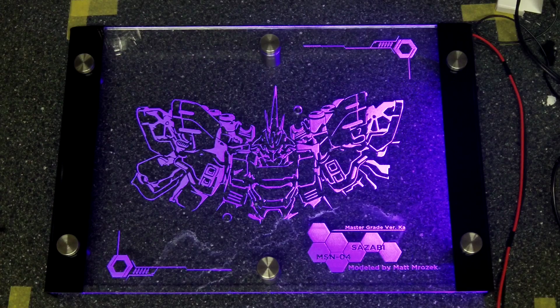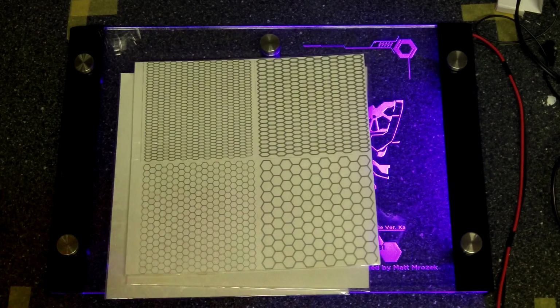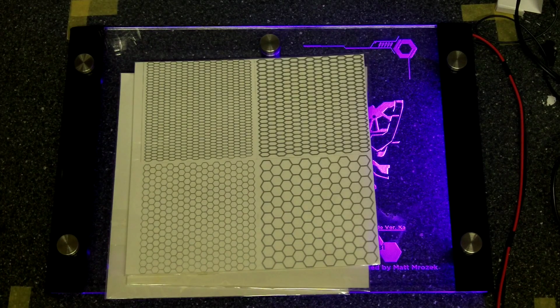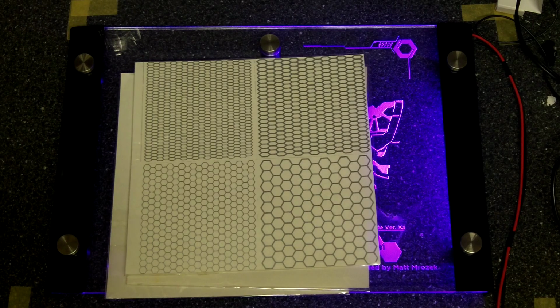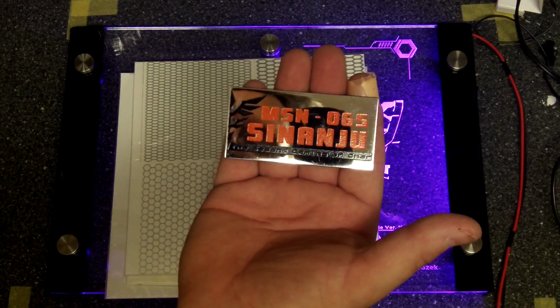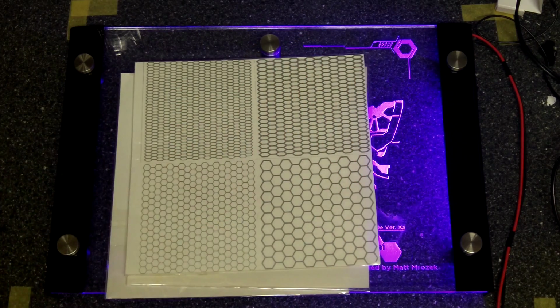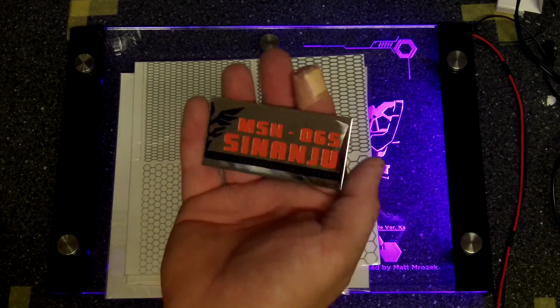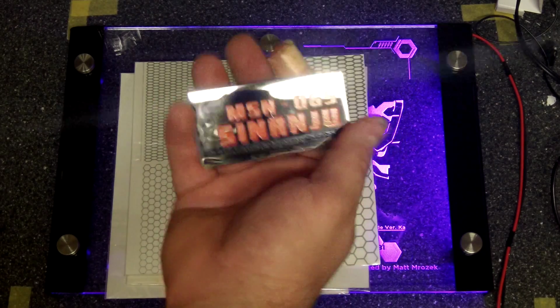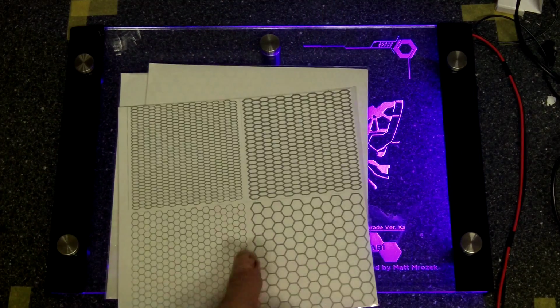And then one other little thing, as a nice little bonus, he sent me some masks, which are really cool. I've never used these before. And, oh, I didn't even see this. He sent me a nice little metal plate. It says Sinanju on it, but I can use it for Sinanju whenever I build it, so that's awesome. And there is actually a plastic stand for this, and I didn't know what the hell that plastic stand was for. Well, it's for this guy, so that's cool. But yeah, he sent me some masks. So I've got